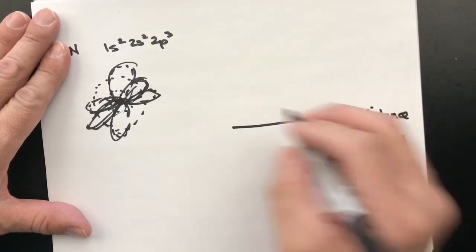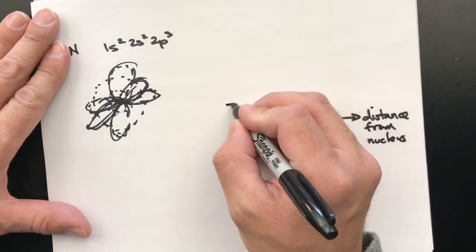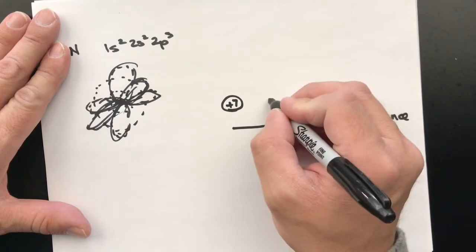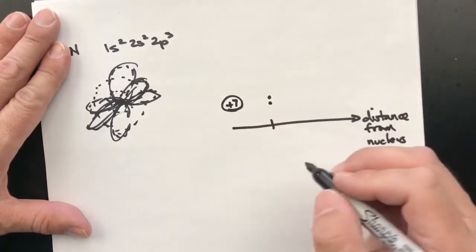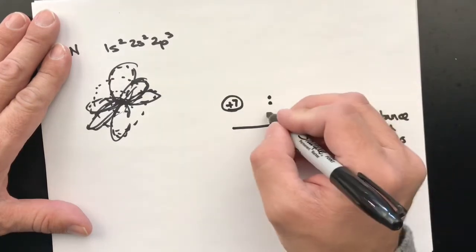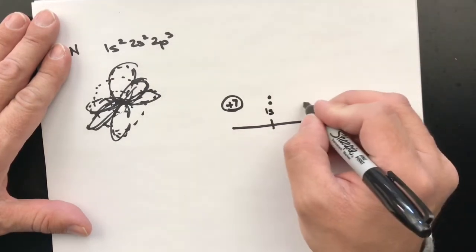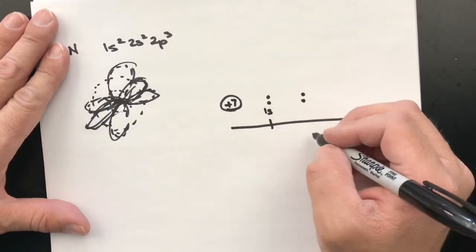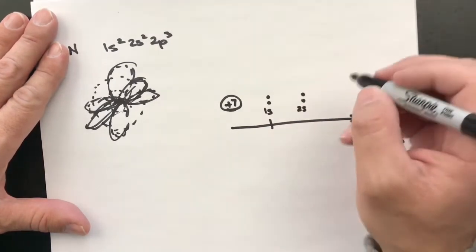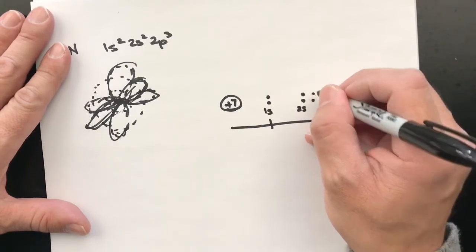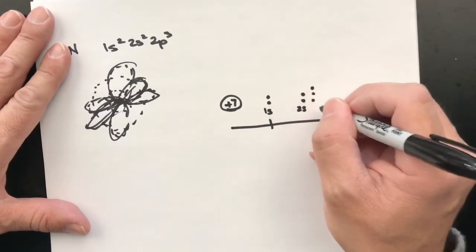At the origin we're going to put our nucleus, which contains 7 protons. And then we're going to say the 1s electrons are on average about that far away from the nucleus. And these are the 1s electrons. The 2s electrons are quite a bit further, on average, again, from the nucleus. And then the 3 electrons out in the 2p are just a smidge further, on average, away from the nucleus,